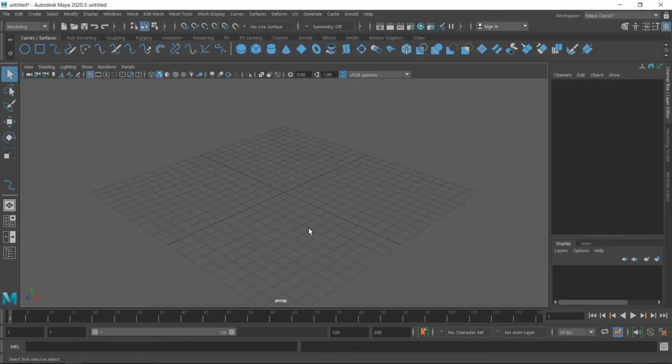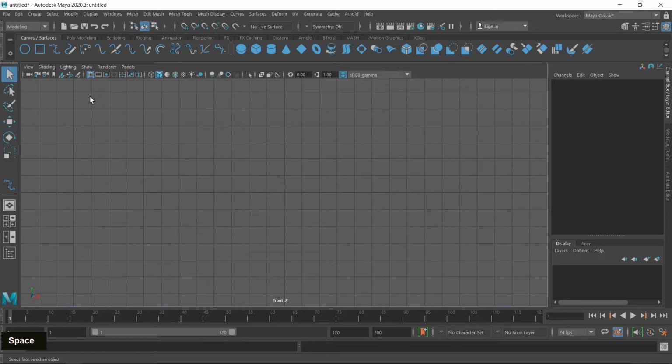Hello students, in this class we learn the loft tool, and the first requirement of the loft tool is that you need more than two curves. So first I create a curve by using the side viewport. So I switch to the side viewport first and then create a curve by using the EP curve tool. I create this shape. You can create the same shape or a different one, no matter. Or you can choose the top viewport also. But I create this shape by using the side viewport.